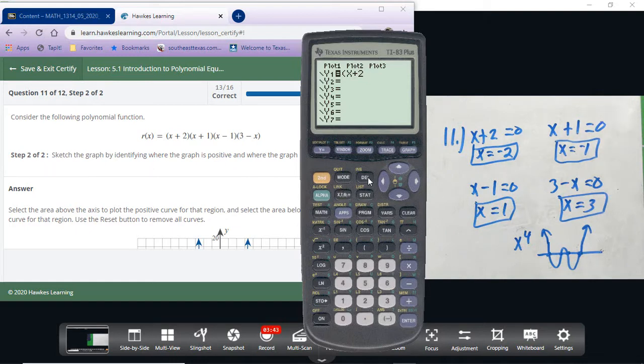I'm trying to use a keypad and it won't do the parentheses, so I have to do that with the calculator. And we have x plus 1, and then we have x minus 1, and then we have 3 minus x. And if you graph this,